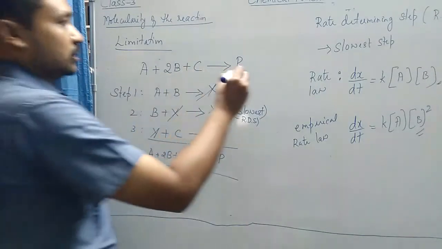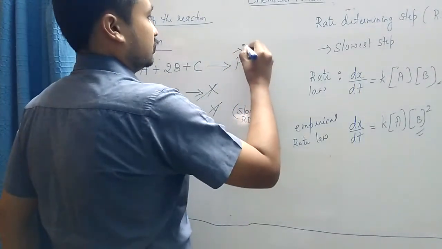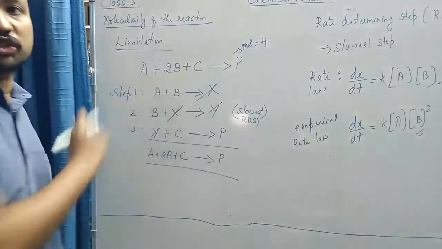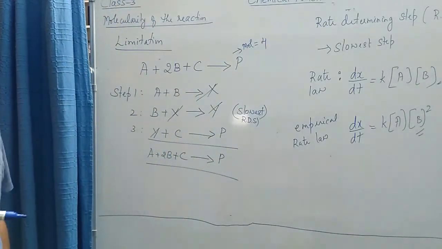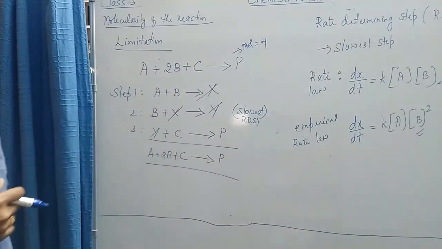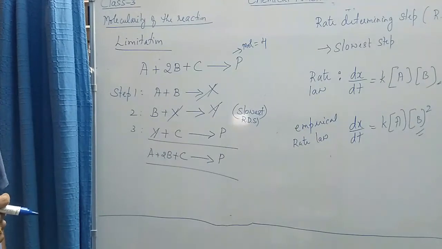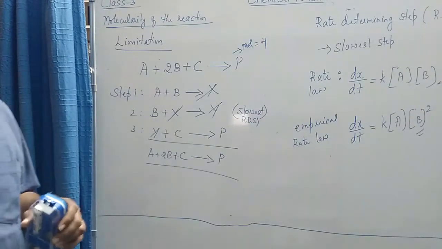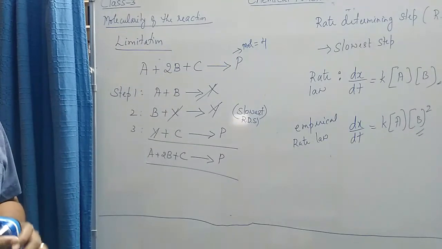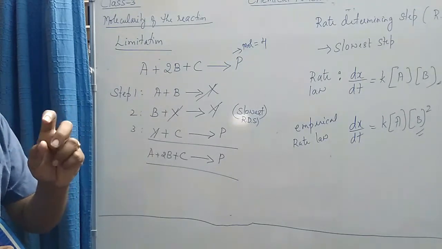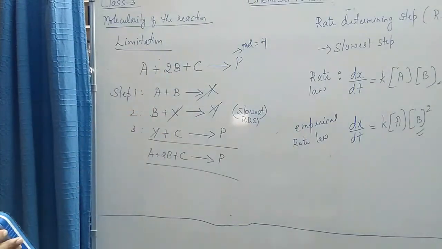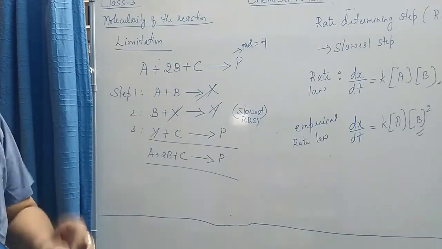So what is the molecularity of this reaction? The molecularity of this reaction is 4: 1 plus 2 plus 1, that is 4. So by looking at the balanced chemical equation, we are assuming that 4 concentration terms are affecting the rate of the reaction. It means the reaction is highly influenced by the concentration terms. Even if I alter the concentration terms by a little amount, it has a great effect on the rate of the reaction. But the reality is